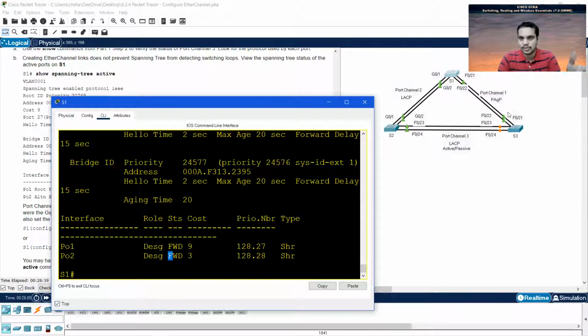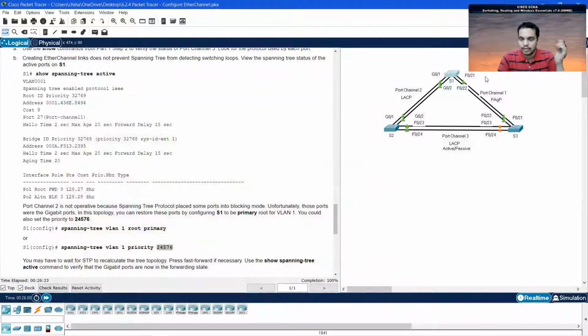Okay, there is also another Packet Tracer activity on troubleshooting. So please check out that video also. I'll be making that video on troubleshooting. Configuration is easy. Troubleshooting is a little bit difficult because you need to understand and verify the configurations each and every step, whether everything is done properly or not.